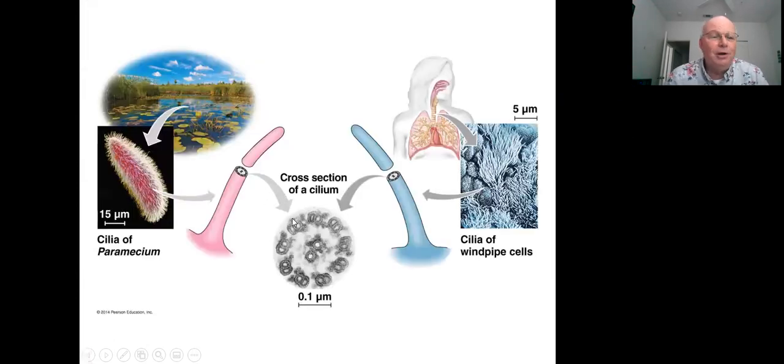So when we start thinking in terms of some common features, here we see what is referred to as a cilium. Cilia are found in humans in our airways, and they're also found on the surface of a small protist called paramecium. And when we do a cross-section through them, we see that they share exactly the same features, what is referred to as a 9+2 structure that you'll see when we do chapter 6. So the presence of cilia on paramecium and in our own airways is a common feature, which means that under the phylocode and the phylogenetics system, which we accept as being the explanation of both the diversity but also the unity, tells us that at some point in the deep, deep past, what we refer to as deep time,